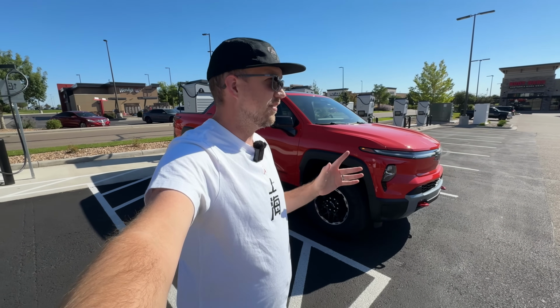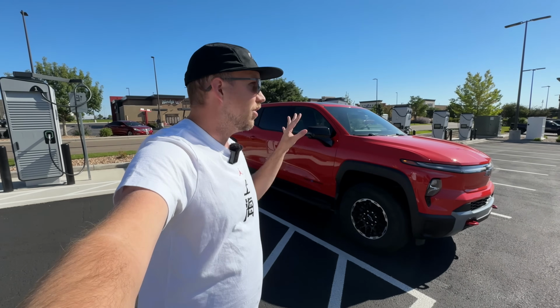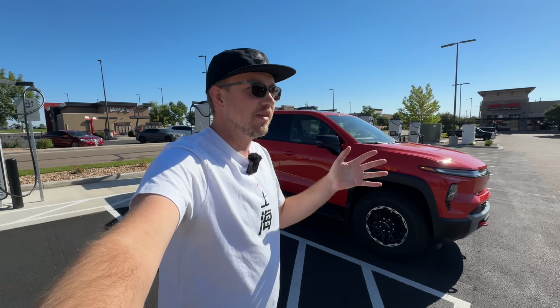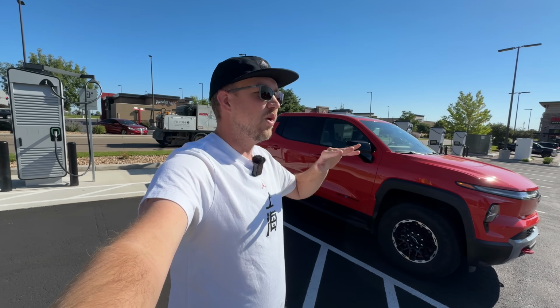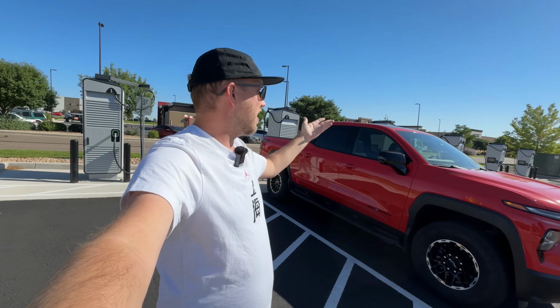I pulled in here with 11% stated charge with a fully preconditioned battery pack. It is about 75 degrees ambient. So we're kind of giving it the best benefit of the doubt here because I'm pulling in with cooler temperatures. I mean, medium, not really cold or cool by any means. But once we're done charging, it'll be warmed up, and then today's gonna be a hot day. So we'll be doing the 10% challenge with some decent heat outside, which should give the battery pack as much